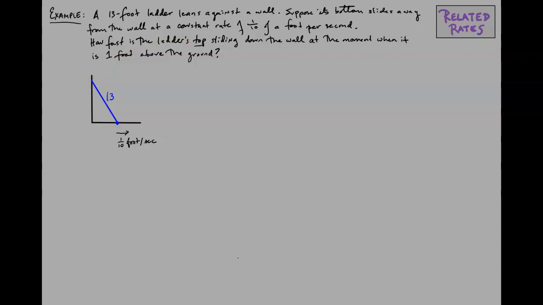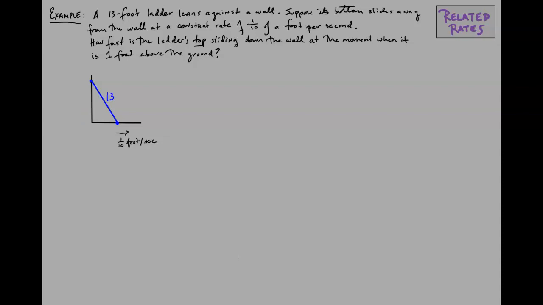some particular moment. And before we get to that moment, we might ask, well, why do we even need to specify a moment? If the bottom is moving at a constant rate, shouldn't the top be moving at a constant rate too? Is there something I'm missing here? Well, it turns out that if the bottom moves at a constant rate, the top does not move at a constant rate. You can see this by messing around with it a bit, especially if you try to draw some